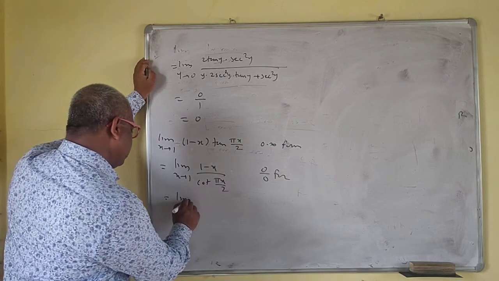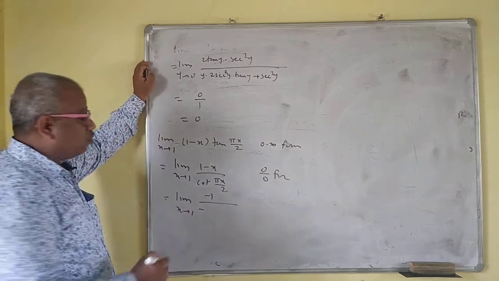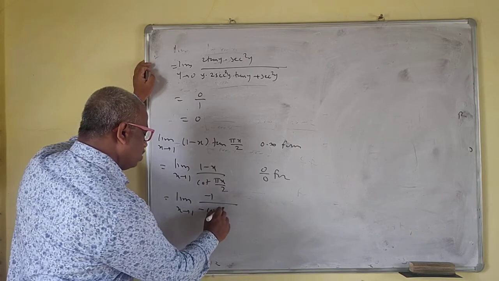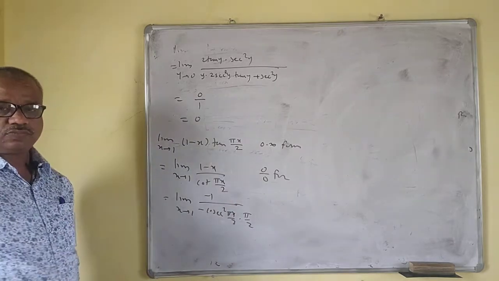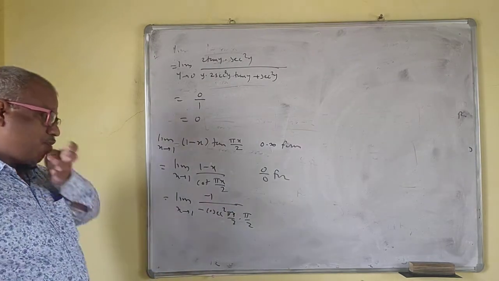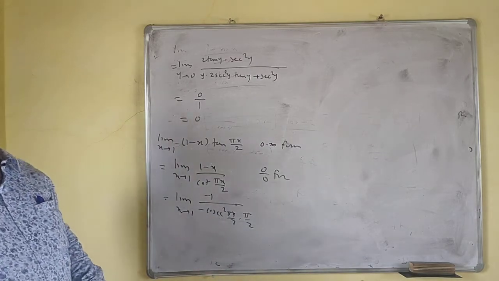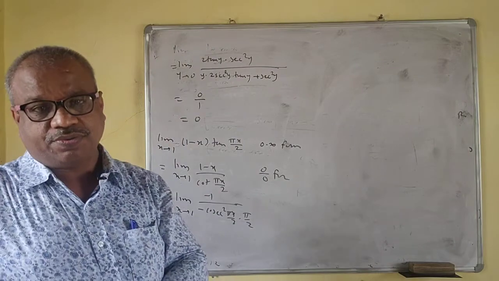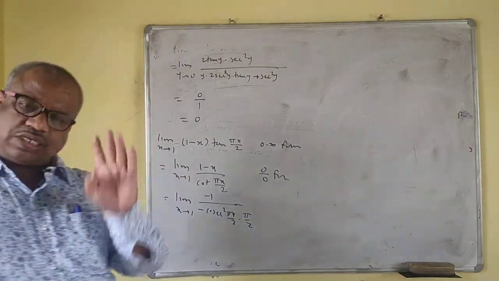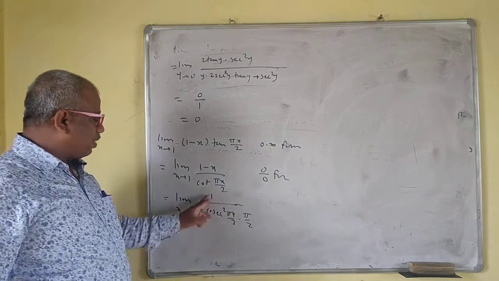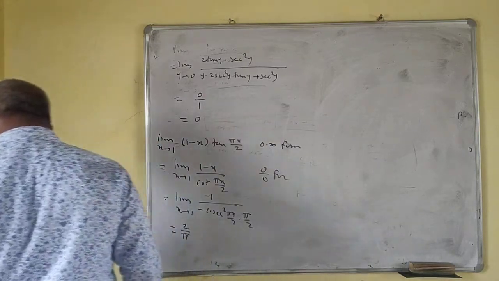Okay, we will differentiate this. Limit x tends to 1. This is minus 1 upon the derivative of cot, which is minus cosec square pi x by 2 into pi by 2. Now what is cosec pi by 2? If you put x is equal to 1, then this is cosec pi by 2. Cosec pi by 2 means 1 upon sin pi by 2, and sin pi by 2 is 1. So cosec pi by 2 is also 1, cosec square pi by 2 is also 1. So this is minus minus plus. So this is 2 upon pi. This value is 2 upon pi.